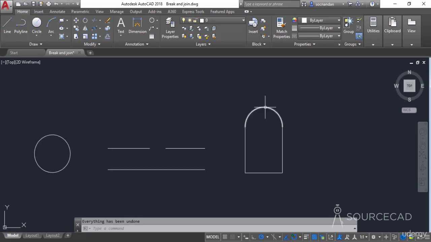Let's press Ctrl Z a couple of times, and let's look at this geometry. In this case we have this object as completely separate units. We have these line segments and we also have this arc here. All of these objects are completely separate. Now if you want to join them into a single unit, you can do that with the join tool. Once again, expand the modify panel, select the join tool. Now select the complete set of objects and press enter. Now click on this object and you'll notice that the complete object is converted into a polyline and it's acting as a single unit. So using the join tool, you can join objects which are already connected end to end. And this was all about the break and join tools of AutoCAD.